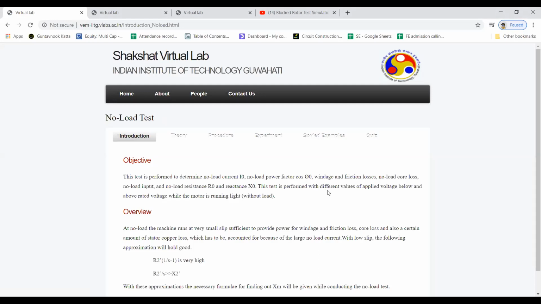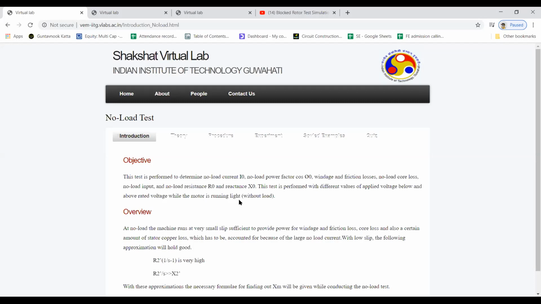This test is performed with different values of applied voltage below and above rated voltage while the motor is running light, that is, without load. So we are not applying any load to the motor, and we are running the motor at the rated value.